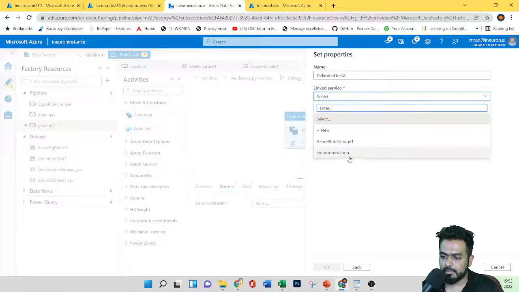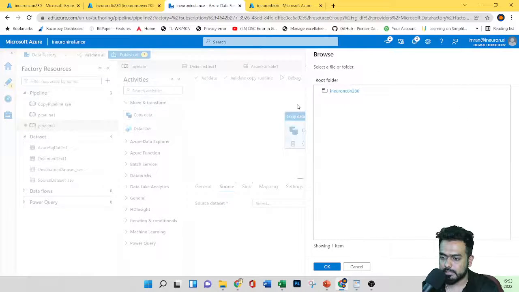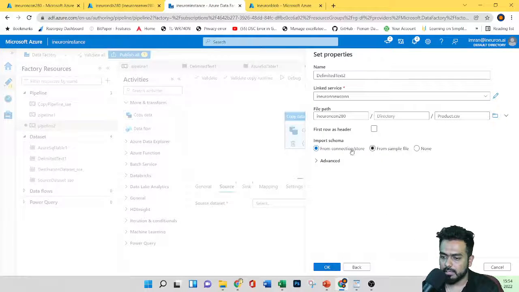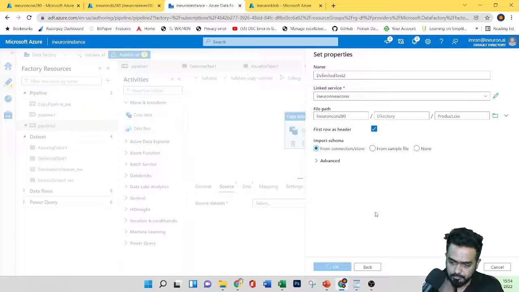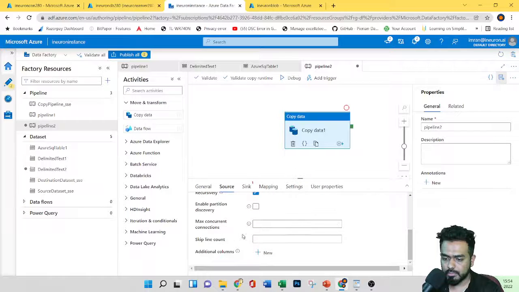Under the linked service, I'll give the same, a new connection. Here, instead of a file path, I'll select the file. This time I'll select only the product file, with first row as header. Let's click OK. You can preview the data from here. Everything looks good.